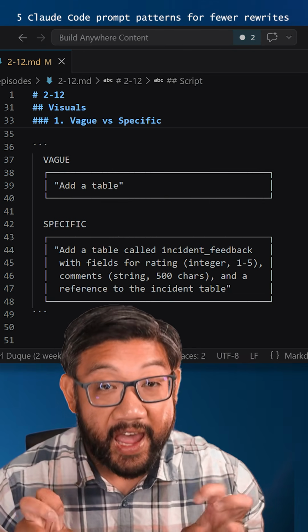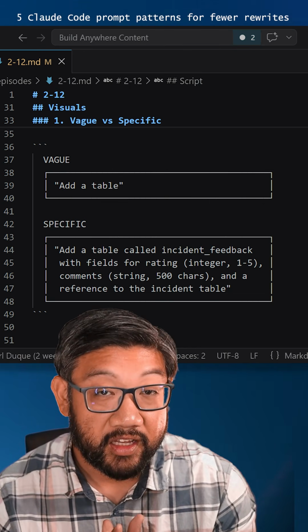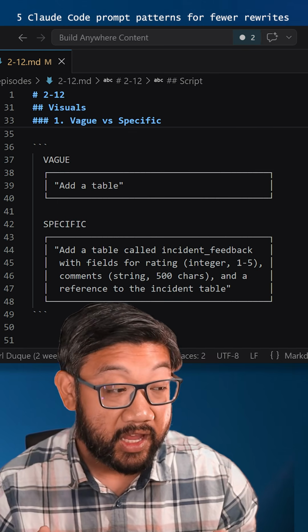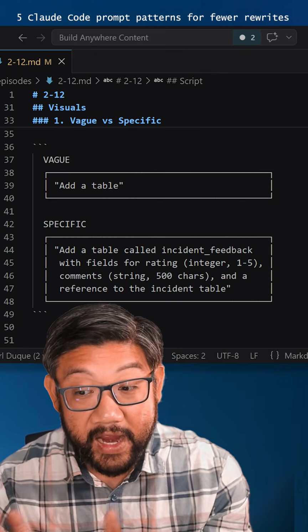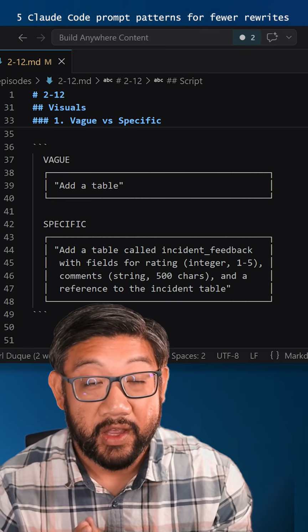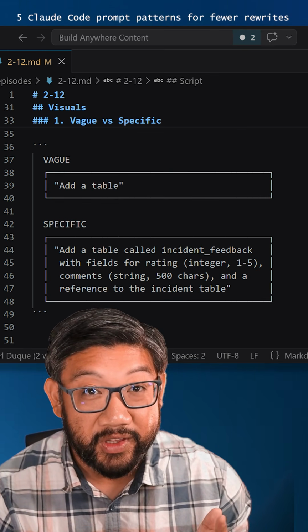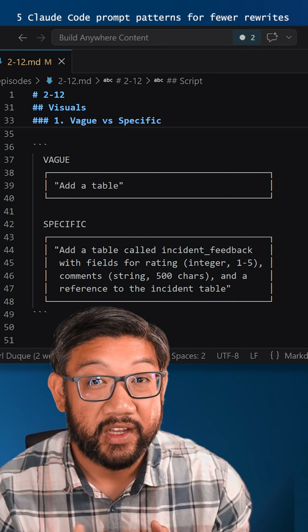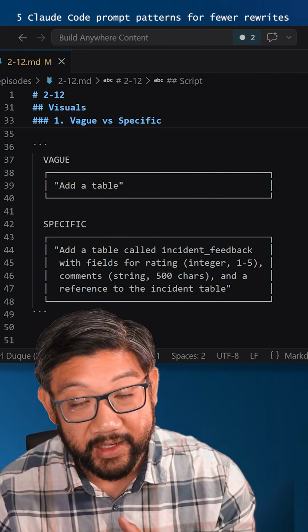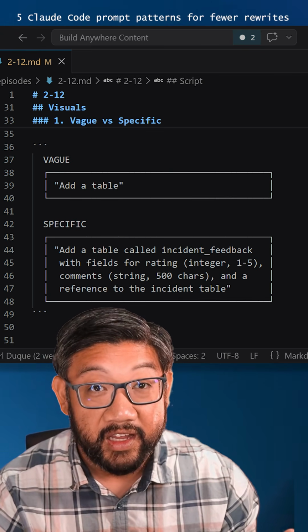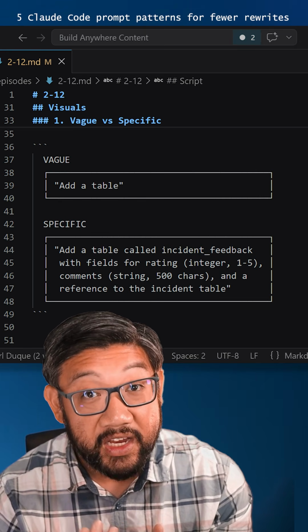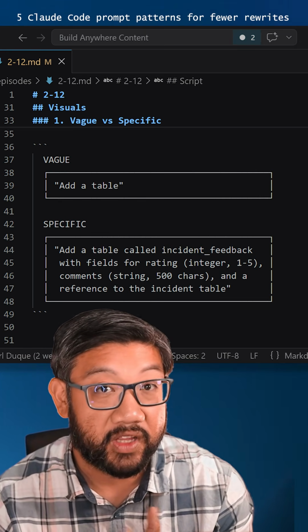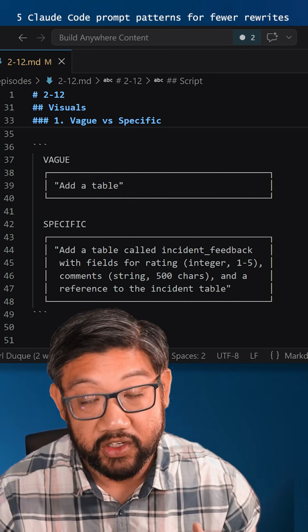You can say add a table, but that's pretty vague. But instead, you can say something like add a table called incident feedback with fields for rating, which is an integer 1 through 5, with comments, which is a string that's 500 characters at most, and a reference to the incident table. So if I give more of that, it gives the agent something concrete to actually build. So the more precise you are about fields and types and relationships, the fewer rounds of correction you'll have with